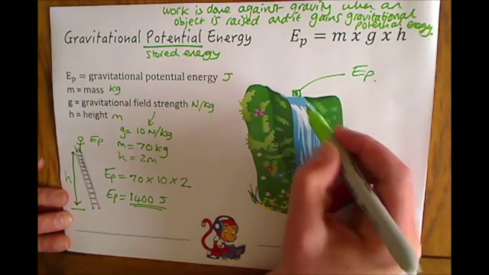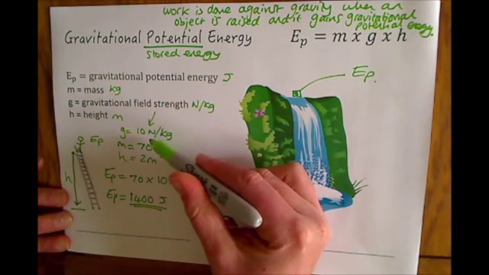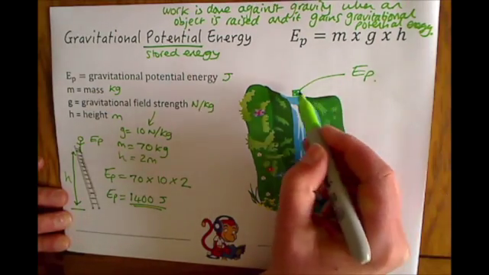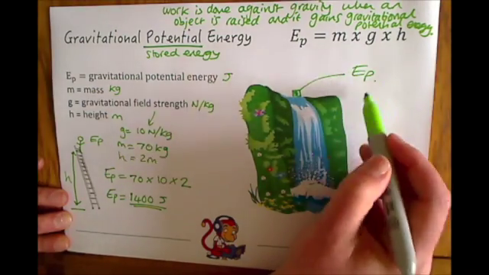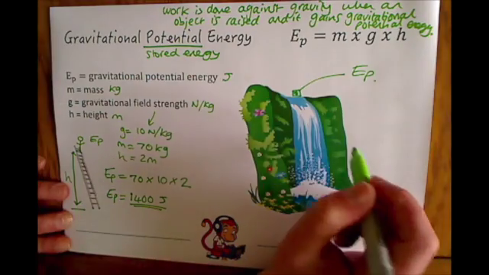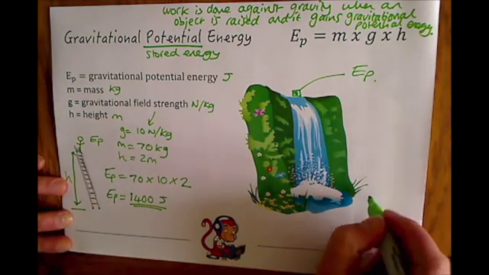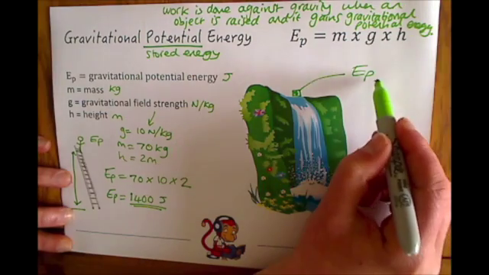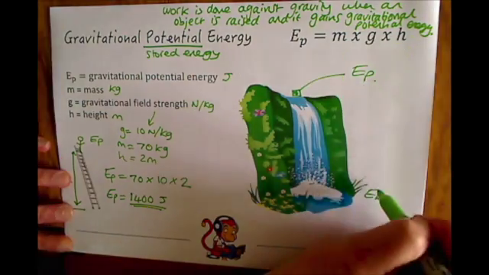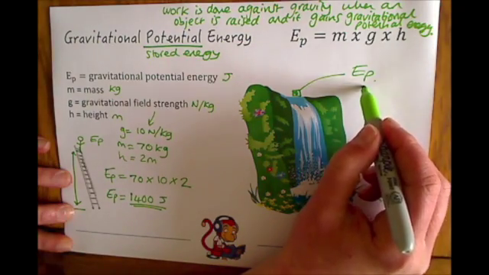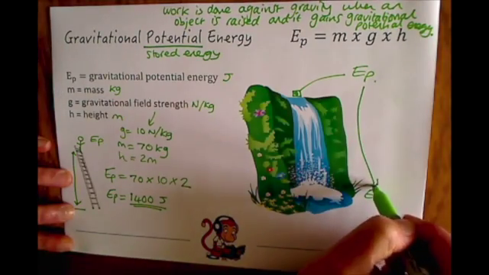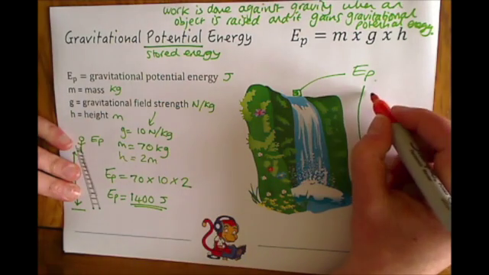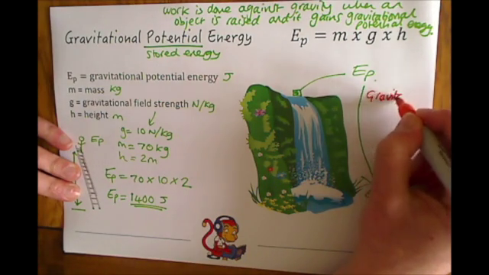You'd need to know the mass of the object, you need the gravitational field strength of 10, and you need to know the height of the waterfall. And you could then calculate the gravitational potential energy stored in that object. Again, this is where it links into kinetic energy, and you need to remember this idea of the fact that when an object falls, the gravitational potential energy is converted into kinetic energy. That's really important to remember throughout your exam, that the gravitational potential energy